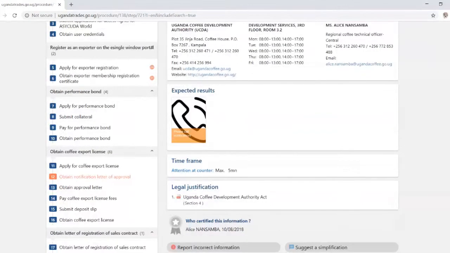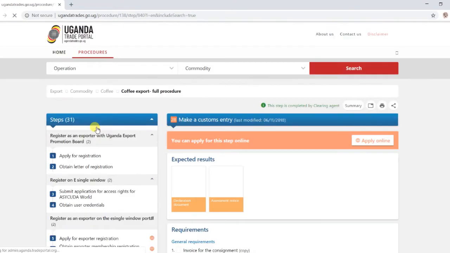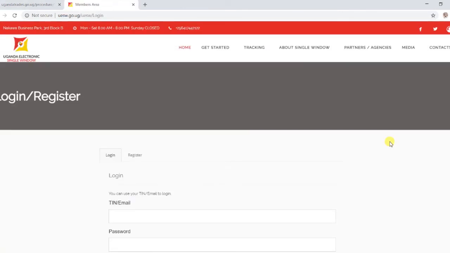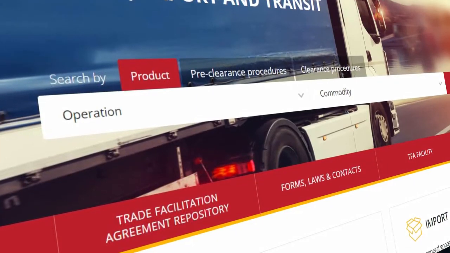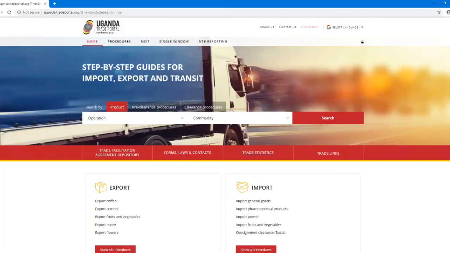I see that some steps can be undertaken online. They are flagged with an orange globe. I can make a customs entry online by clicking on the Apply Online button. One of the most important features of the trade portal system is that any institution involved in